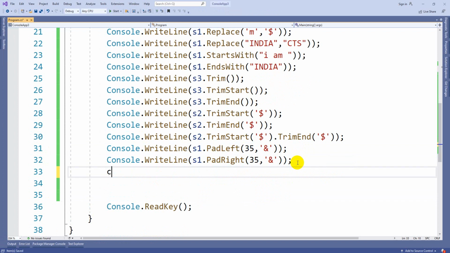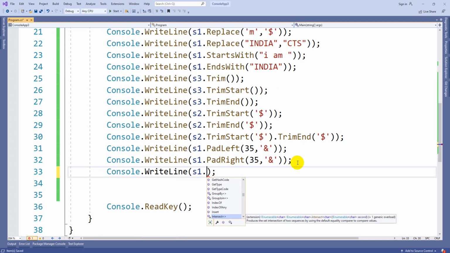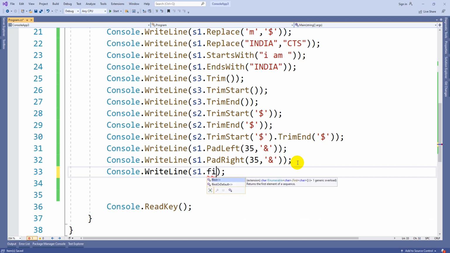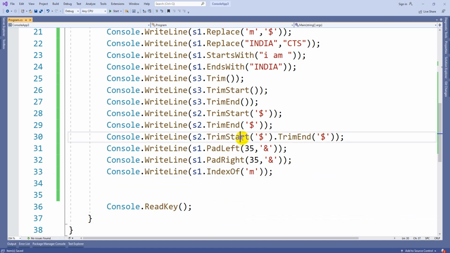Now, s1 dot, there is one more option, IndexOf the letter M inside this s1.